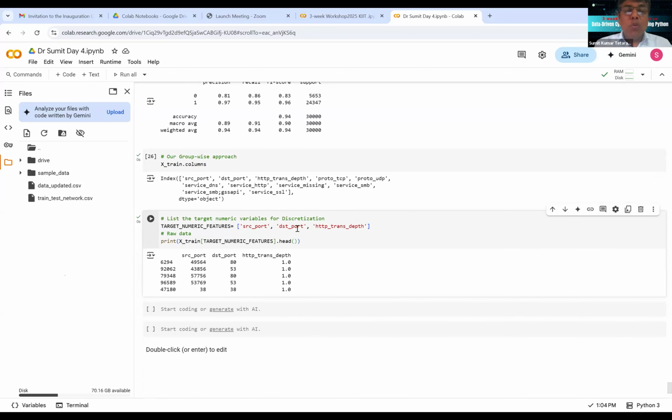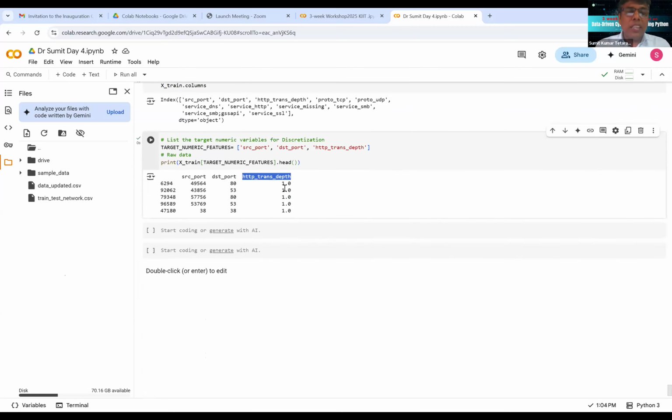But you have to give the justification. Now you can see the source address, destination, and HTTP depth. It's only one. Can you see? It means, let's check the